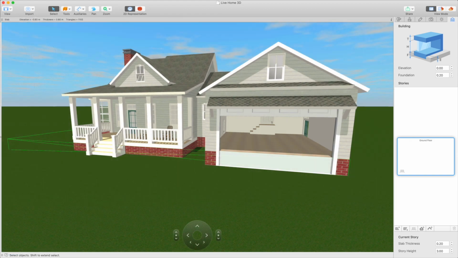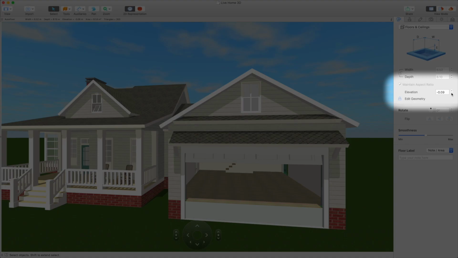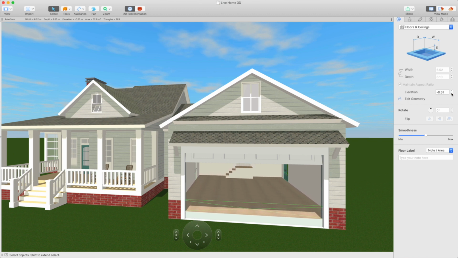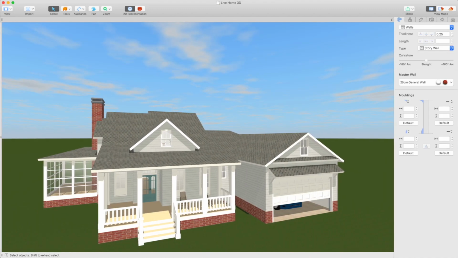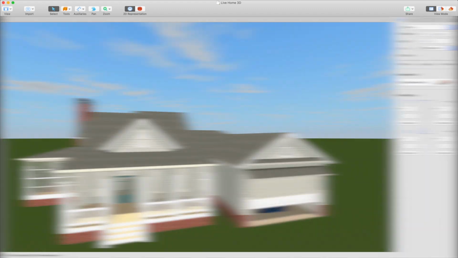What we have here are two rooms sitting on a foundation which equals 80 centimeters. The floor in the garage was lowered to a ground level. With this technique, you can create something similar to a house Model 2 in our template gallery. Let's see what other techniques for making split-level houses we have.